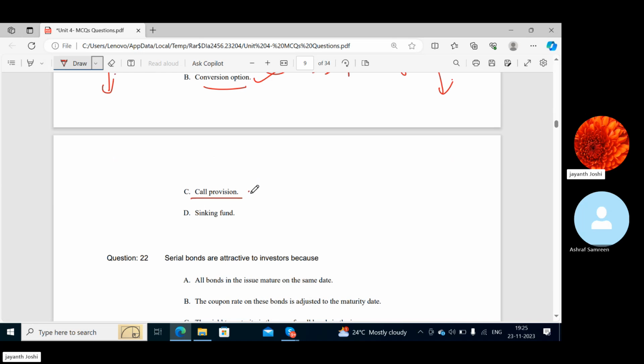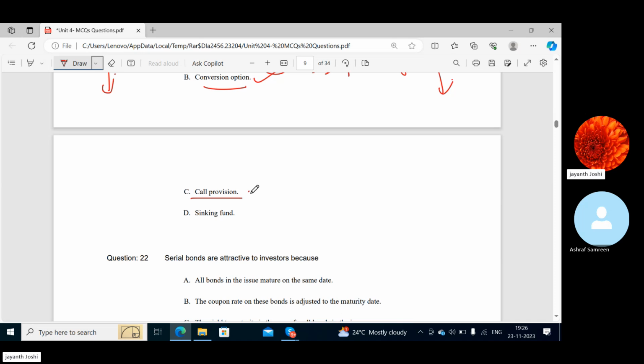A bond issued at par may carry a lower coupon rate than similar bonds in the market if it has some feature that makes it more attractive to investors. For example, a sinking fund reduces default risk. That means the company always allocates some amount in a fund to repay the bond money, and that reduces the default risk. Hence, investors may require a lower risk premium and be willing to accept a lower coupon rate. Why? Because the bond is more secured, right? More secure bond, lower coupon rate is acceptable.